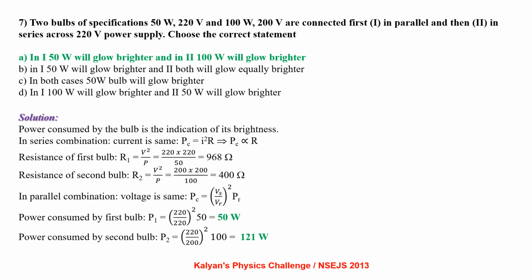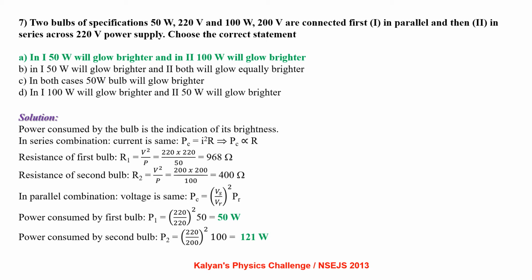Two bulbs of specifications 50 watt 220 volt and 100 watt 200 volt are connected first in parallel and then in series across 220 volt supply. Choose the correct statements. Power consumed by the bulb is the indication of its brightness. In series combination, current is same, so P equal to I square R, so power consumed is directly proportional to